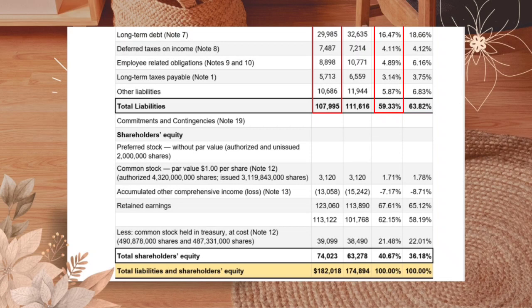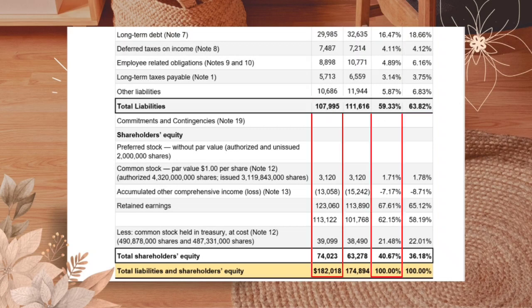Then we will also have the result of 59.33%. Moving on, we have here shareholders' equity. Same equation applies where each line item of shareholders' equity is divided to the total asset, then is equals to the result. First, for common stock, we have here